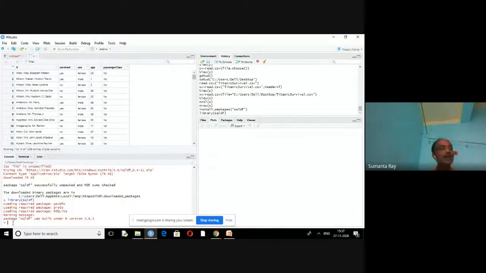Otherwise, you can't write SQL, and the sqldf package will not work properly. Clear? So here you just install the packages, gsubfn.